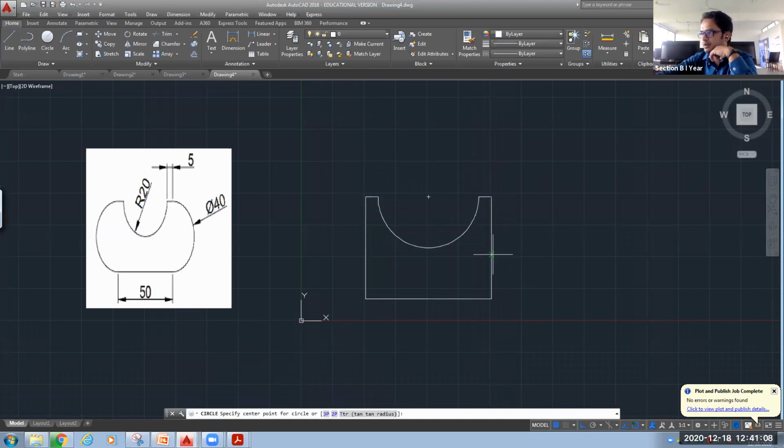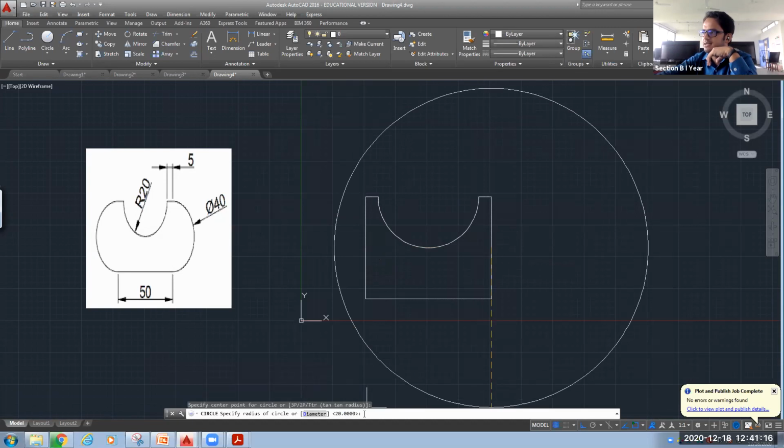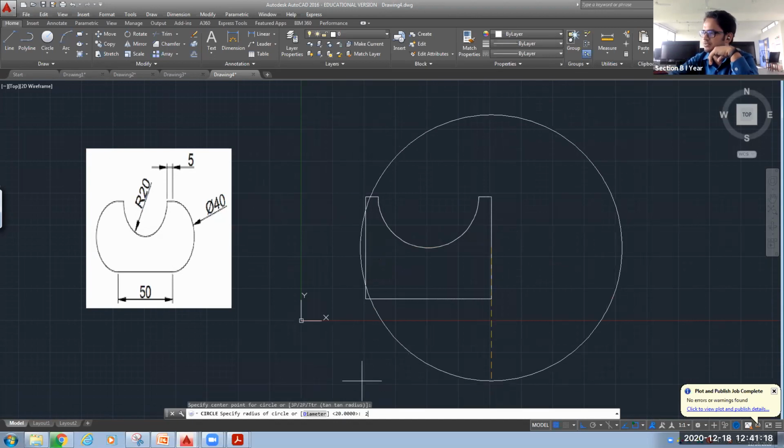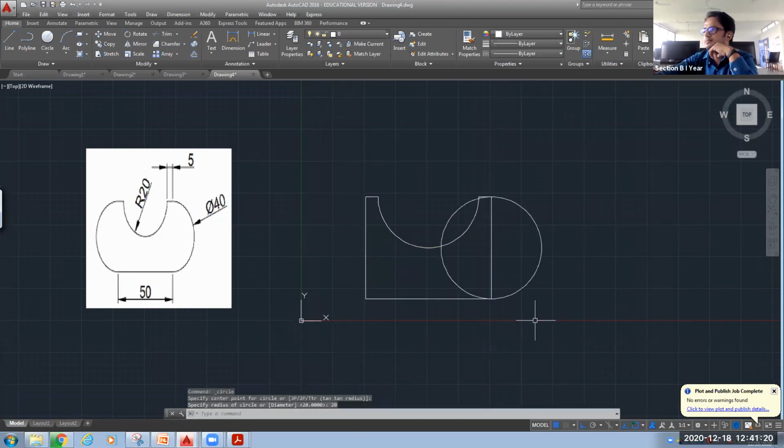This is our midpoint. Again, we have to locate that triangle will come. Yeah, here is that triangle. This is our center point, and radius is again 20. So press 20. Now we don't need this side, so delete this part. Use trim command.